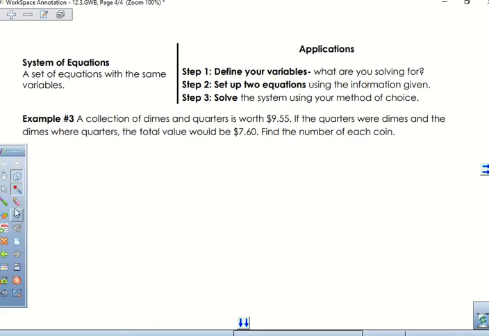Okay, so the last one we're going to do today, it says a collection of dimes and quarters is worth $9.55. So how much is a dime worth? 10 cents. Good. So if I take 10 cents and I multiply it by the number of dimes, that's going to give me the total price in dimes. And that's going to be plus what? 0.25Q. Good. Because that's going to be the amount of money in quarters. And that's going to be equal to